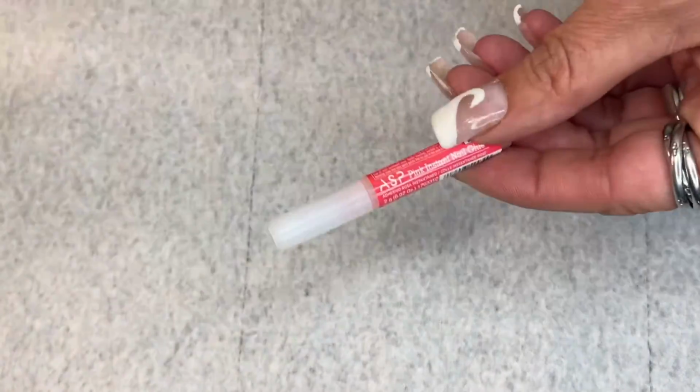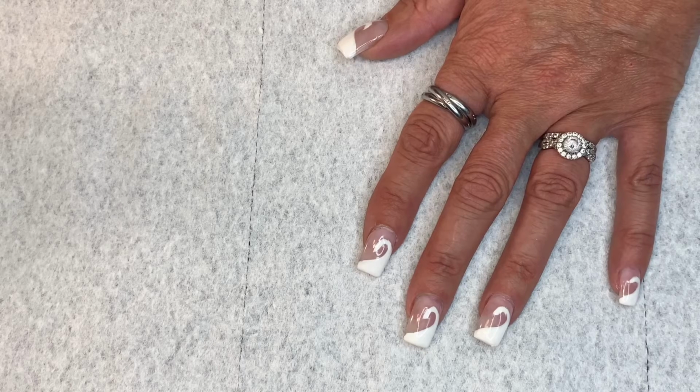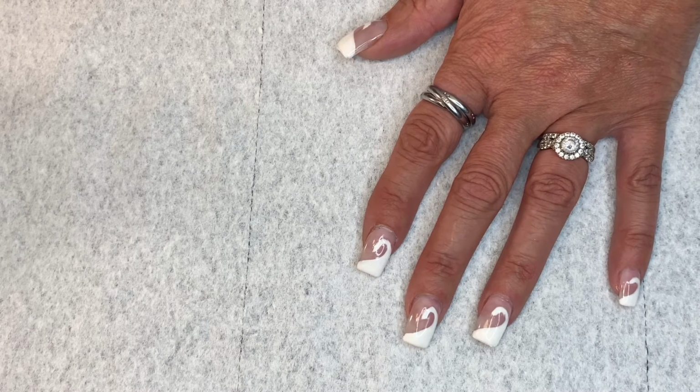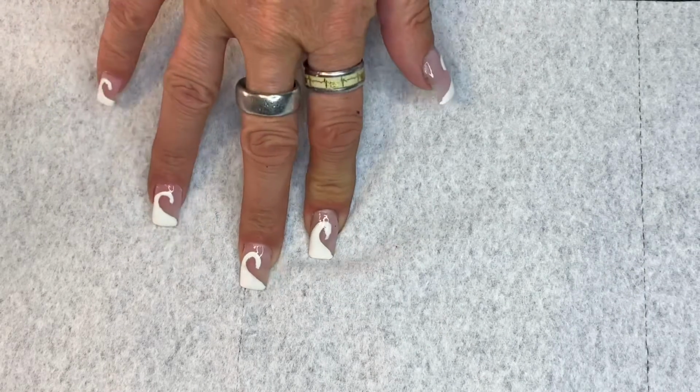Okay, and we'll be gluing those down with ASP glue and an orange wood stick. And that's if I, of course, do that. And then I might be adding in some glitter, because I like to add glitter through it. So I might add in some silver glitter, and that is